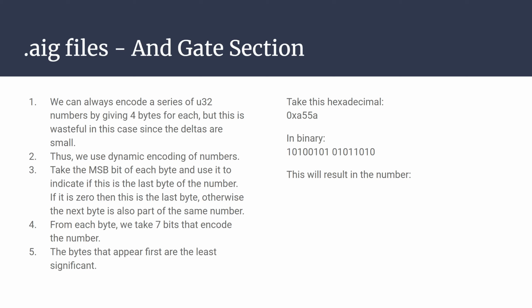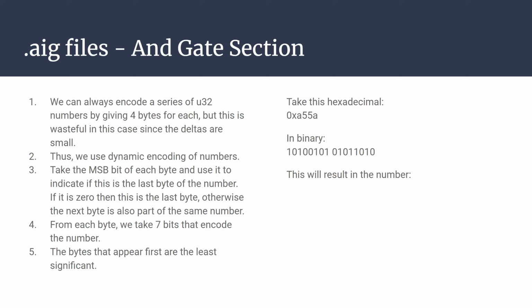We take the MSB of each byte, and if it's 1, that means that the byte after it is part of the same number. If it's 0, it means that that's it. It's kind of like a null value in a linked list, which means that there is no next. This byte ends the current number that we're trying to write. And then the other 7 bits are basically part of the number. And the ones that we read first are the ones that are part of the least significant side of the